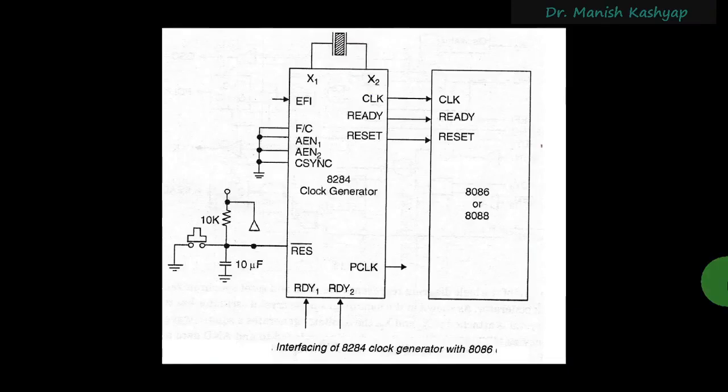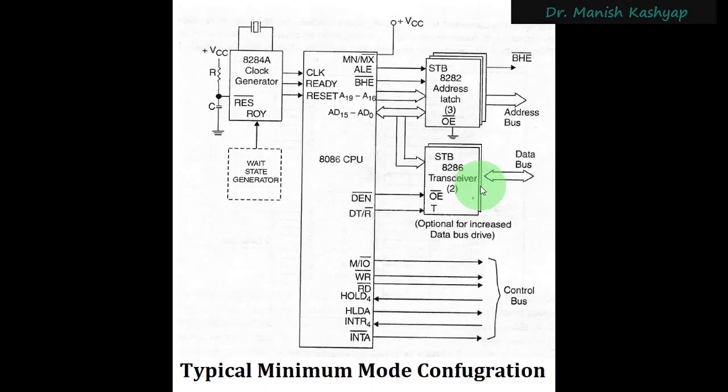First of all, we will study what are the basic components required to start a microprocessor. Definitely there is the 8284 clock generator, because once a clock has been interfaced to the microprocessor together with the power supply, the microprocessor will start its operation, right? It will come into a conscious state. Conscious state is a little bit different word, but you can say that the microprocessor will start, right? If it has its peripherals, it will start interacting with them. So this is the minimum thing that we need. We need at least a clock generator IC, right?